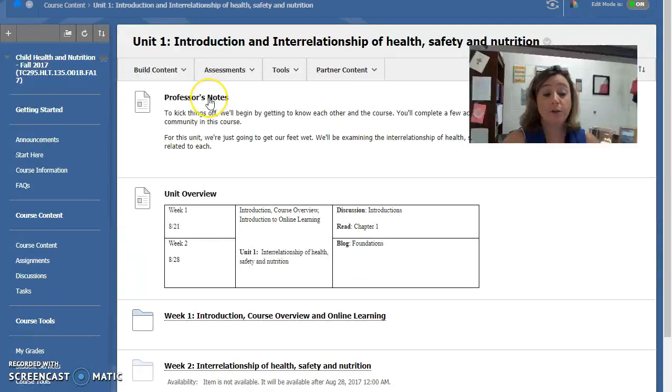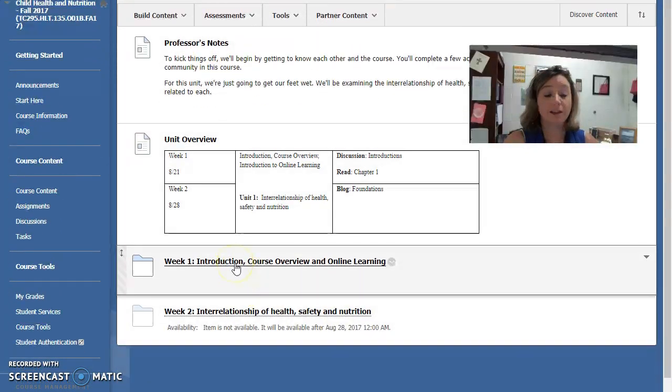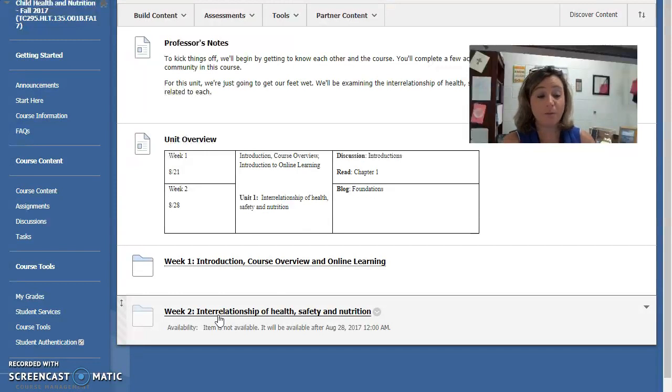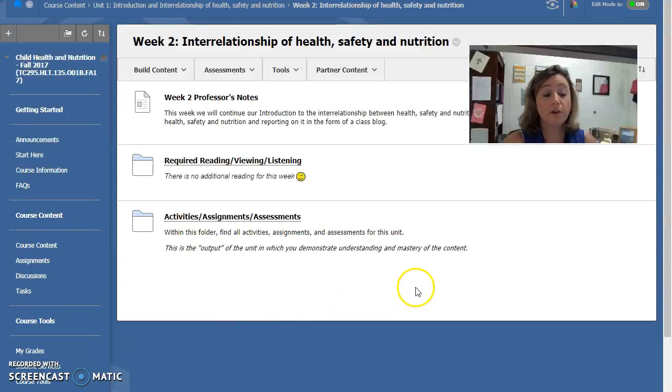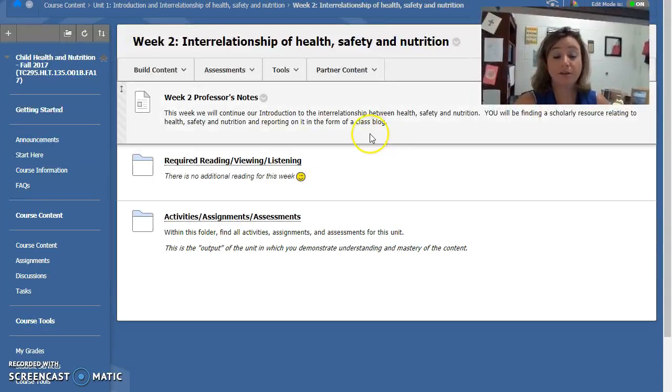But within the units are the weekly folders. So for week 1, everything that you needed was in this week 1 folder. For week 2, which starts today, this is going to have everything that you need. You can't see it on your screen yet because it won't be available until Monday, but I wanted to go ahead and show you what it is that you're going to be doing for week 2 because it's a little bit different. So when you click on the week 2 folder, you're going to find my notes that basically says